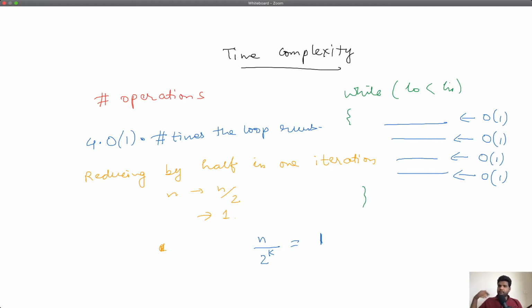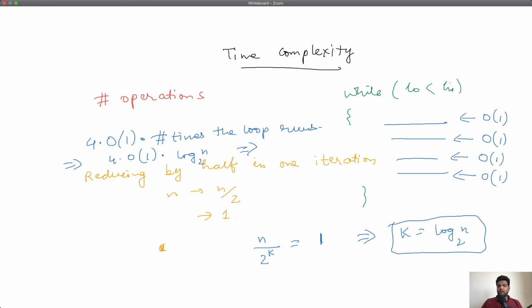Now if you solve this, k basically becomes log n to the base 2. So then the time complexity of this binary search becomes 4 into order 1 into log n to the base 2. So this is nothing but order log n.